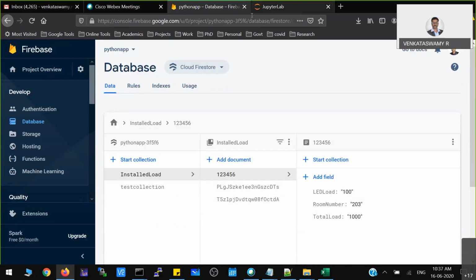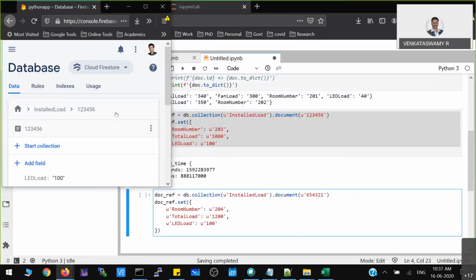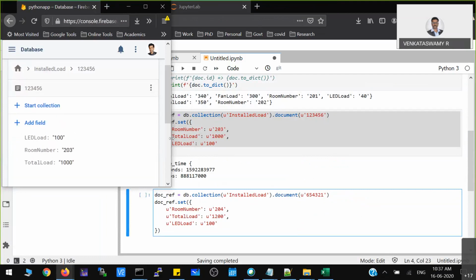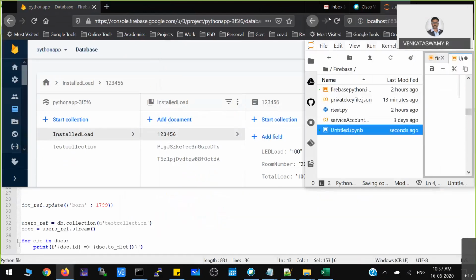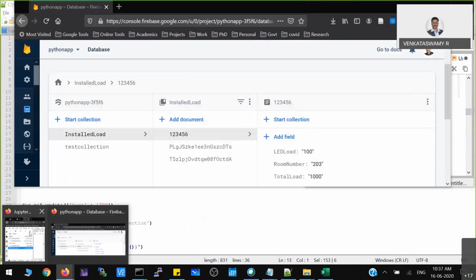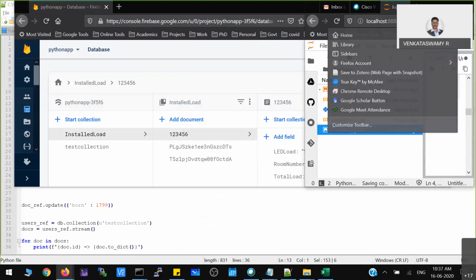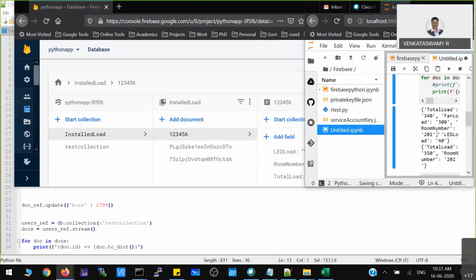Now I just want to showcase how quickly that will be reflected in the database simultaneously. I'm going to run this particular program.